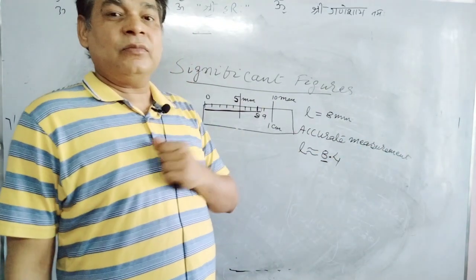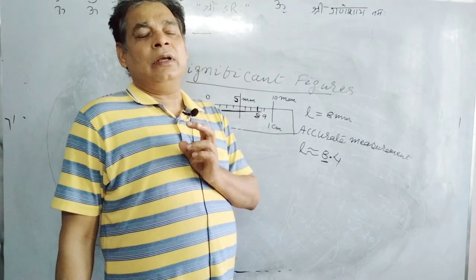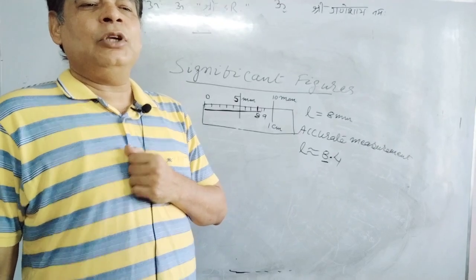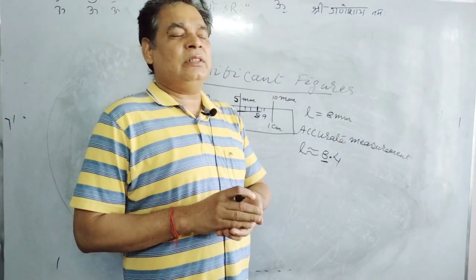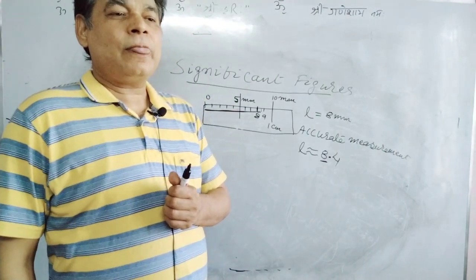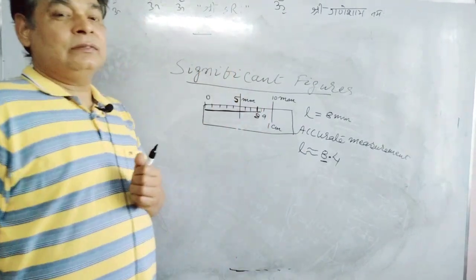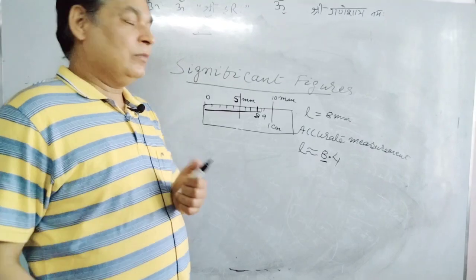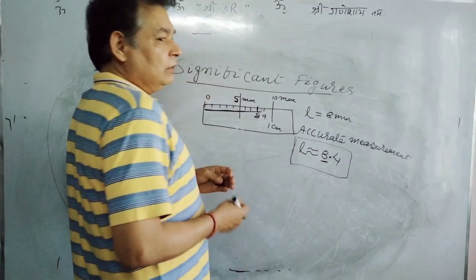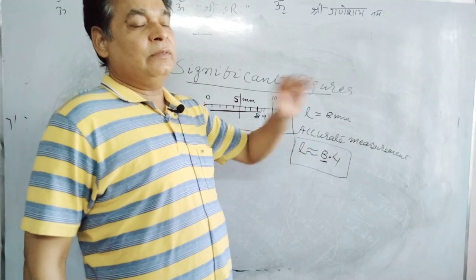So for accurate measurement, we need a particular last digit to guess. In most measurements, the last digit is a guess on your part. You are not confirmed with the help of these measuring scales. Okay. And now, with our own expert mentality, we are confident that we can write this one. That's more accurate.